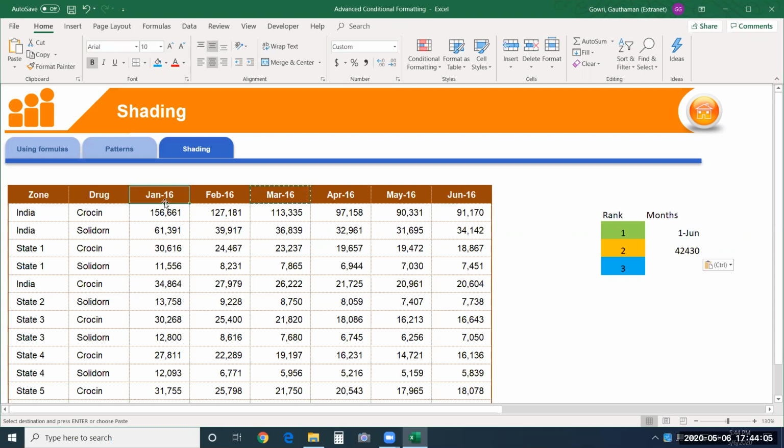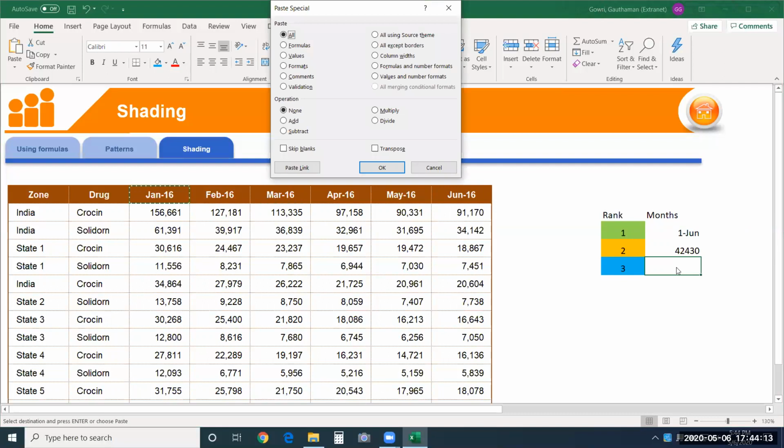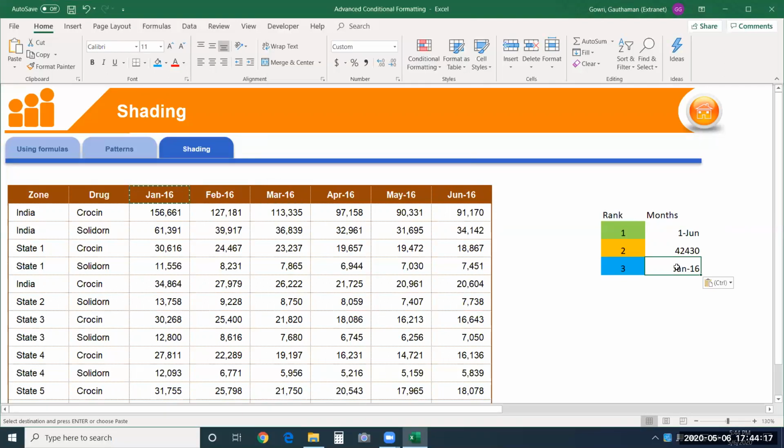Later you can apply the format also. Say values and number formats. That would be better.